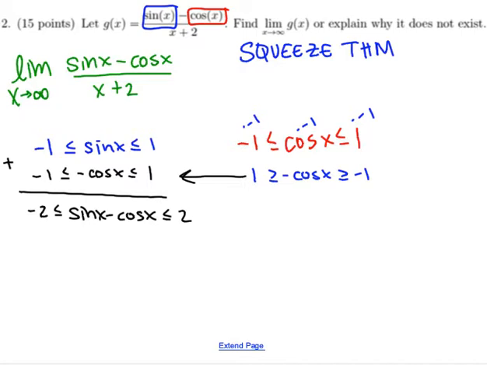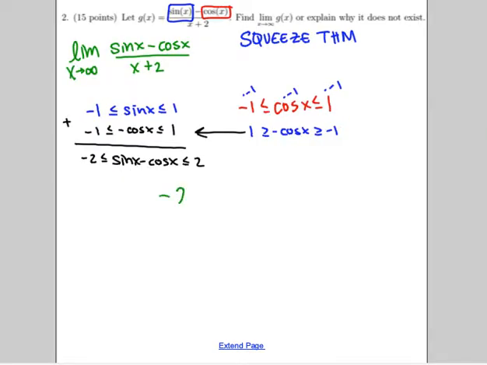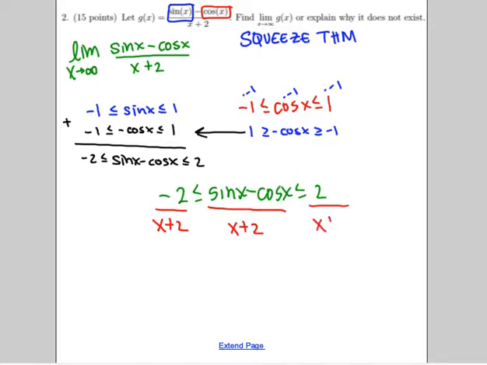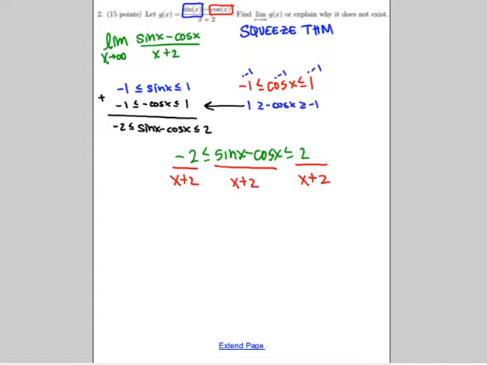Questions about that? Then I'm going to start my proof, starting it out with this. When I have the squeeze theorem, our goal is to make the middle part look like the function I was given: sine of x minus cosine of x, divided by x plus 2. So I'm going to divide everybody by x plus 2. Now I have negative 2 over x plus 2, less than or equal to